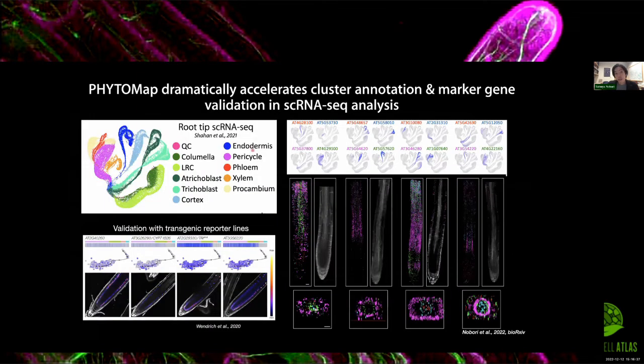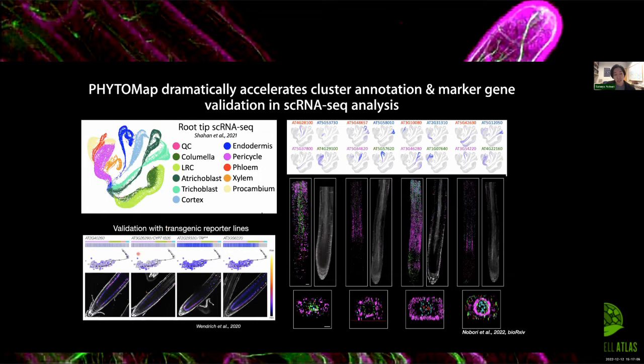So PHYTOMap can dramatically accelerate cluster annotation and marker gene validation in single cell RNA-seq analysis. As a proof of concept, I took this publicly available root tip single cell RNA-seq data from Rachel Shehan. That's actually what she presented in the previous session. And here, with our PHYTOMap, what you would do for validating those predicted marker genes for each cluster will